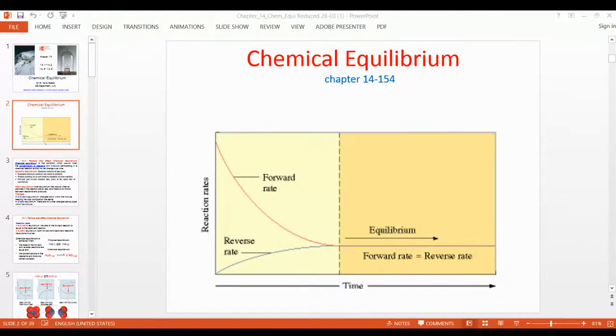So the blue line is the product formation, and the red line is the reactant reducing. The product is produced and the reactant is reduced. It reaches a certain point where the forward reaction rate is equal to the reverse reaction rate, known as equilibrium. It means the reactant changes to product and product changes to reactant, and it reaches a certain point. That point is known as equilibrium. Is it clear now? What is equilibrium? How to define it?